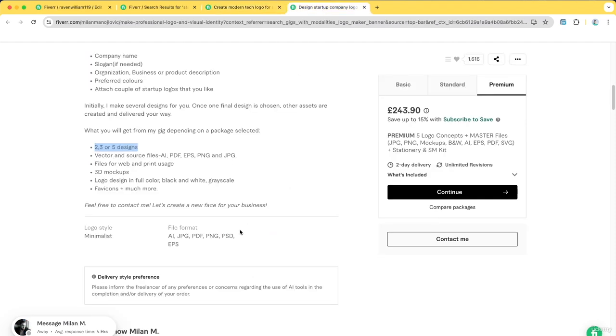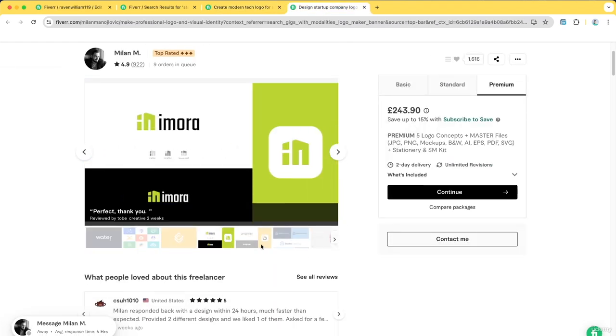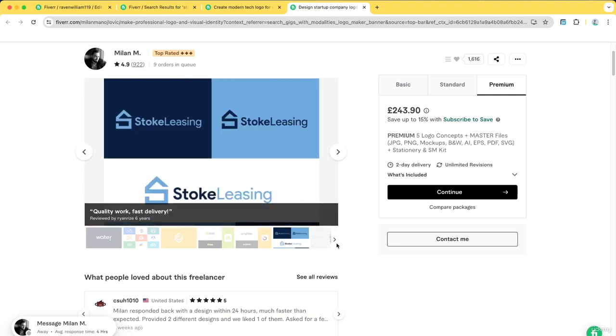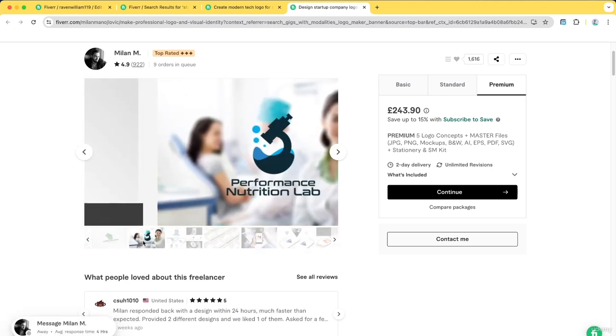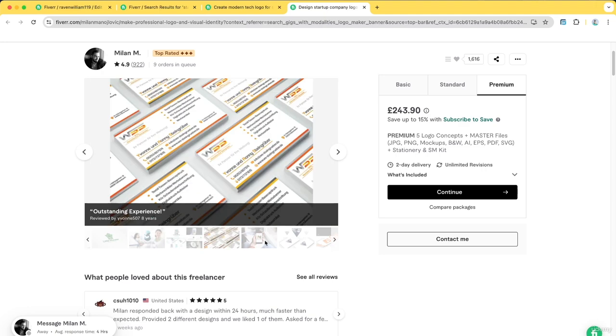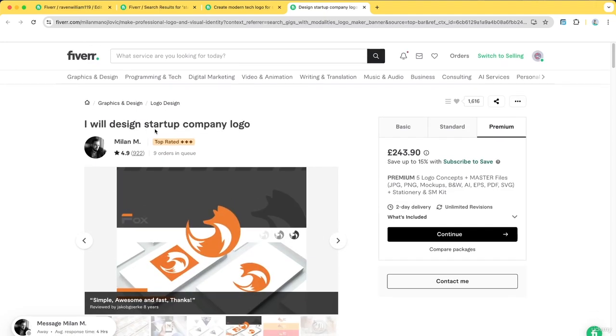Let me go on this, guys. You can do a collection of your logos, the different ways, or mock-ups. Some people put their own photo just to show their personal identity. And it's really up to you which one you want to do.